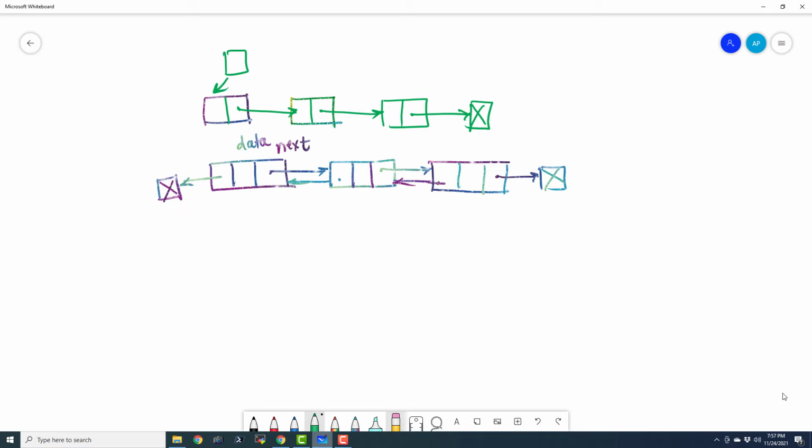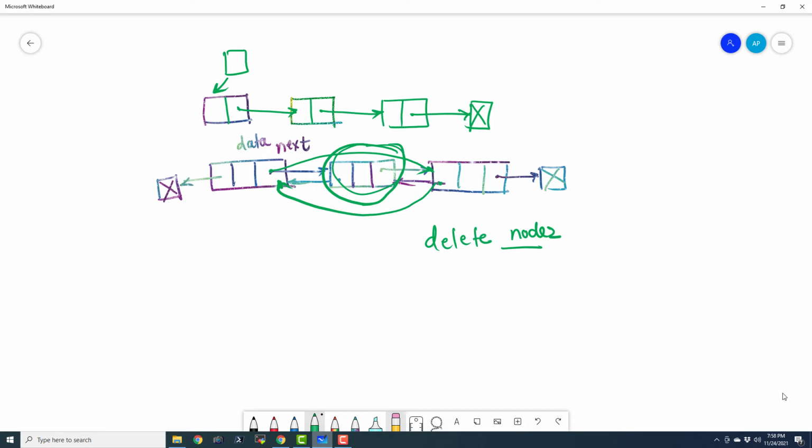The first operation is to delete a node. Suppose I want to delete this node. Then all I have to do is point the next pointer of the first node to this node, and its previous pointer to this node. Then this node becomes free and we can just go ahead and delete it. Delete node 2, and it is going to free the memory. This is how we have to manually take care of all the pointers to delete a node.